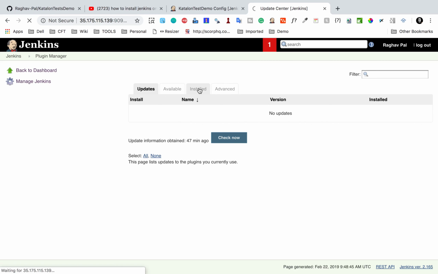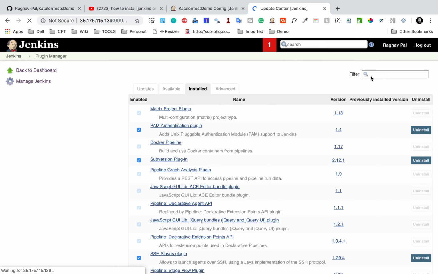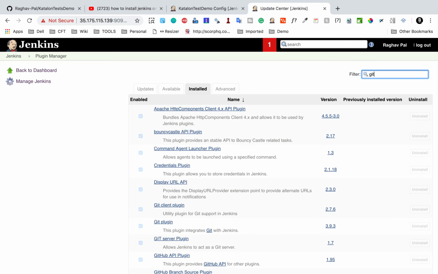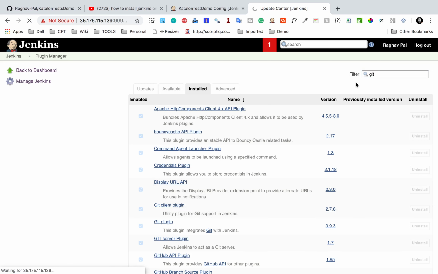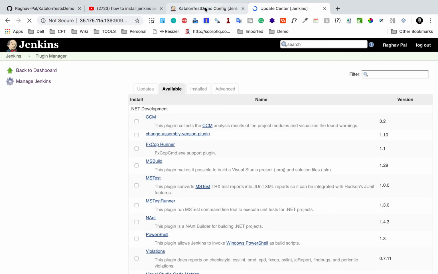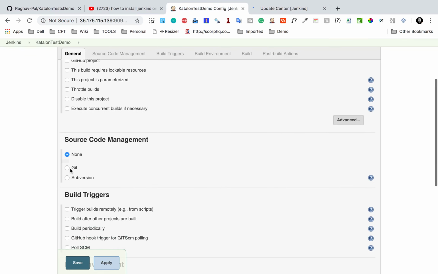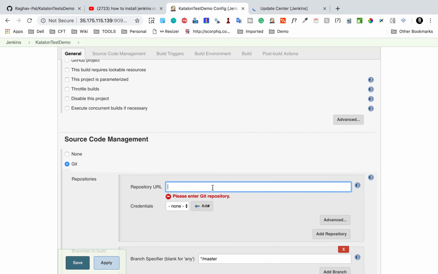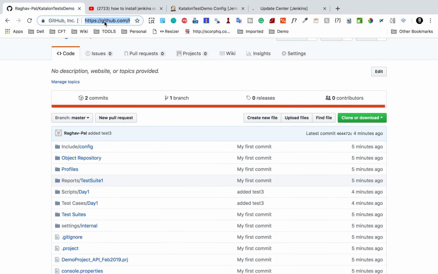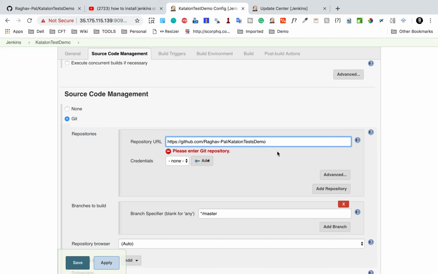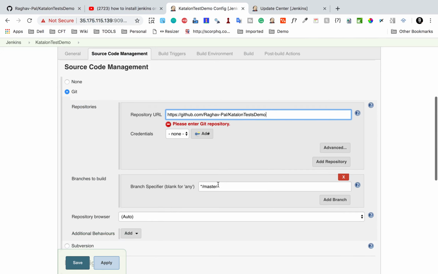In my case I should be having it in the installed section. So if I search for Git, you can see the Git plugin is here. So in case you do not find the Git option, you can go to available, search for Git and then install it. So here I will select Git and now here I can give the remote repository. So this is my remote GitHub repository. I'll copy this and just give it here and I will say